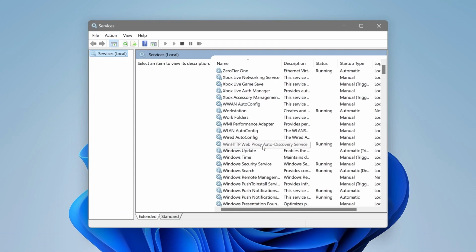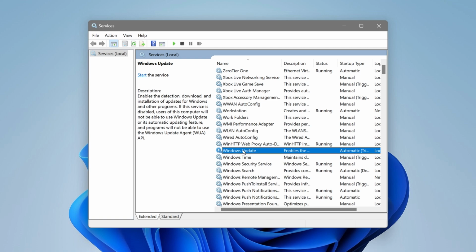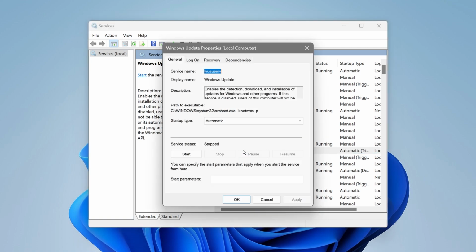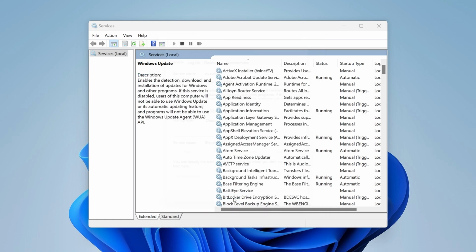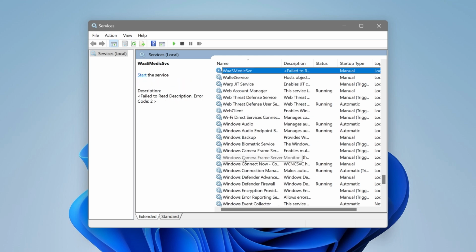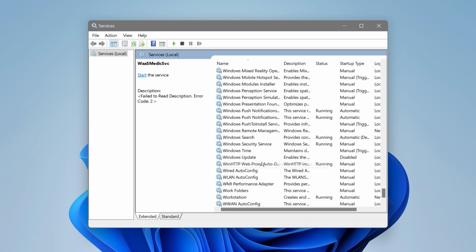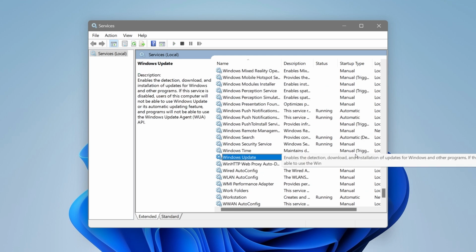And then from here, what we are going to do is look for the Windows update here. You can go ahead and double click this one. And then instead of the automatic startup type here, you can go ahead and click the disable here. Now hit apply and then hit OK. Now if we are going to go back there, Windows update, you should be able to see that now we